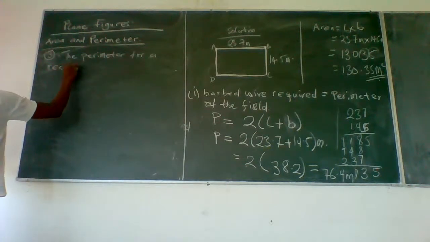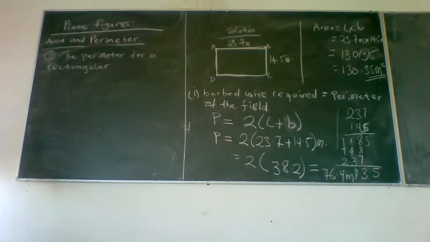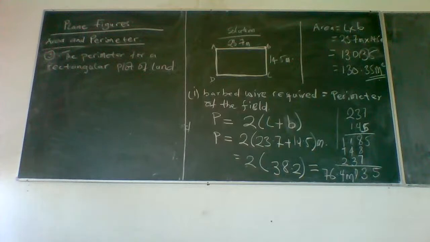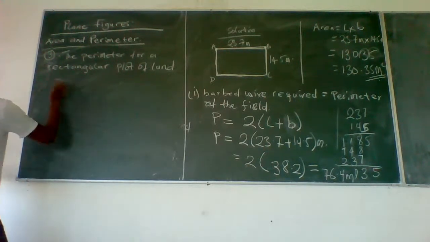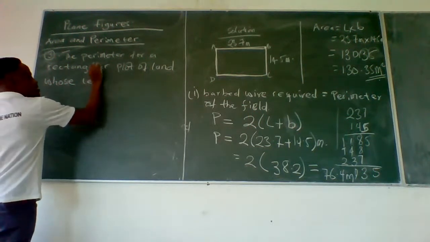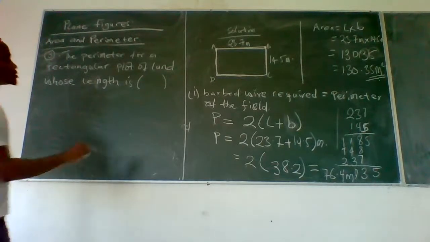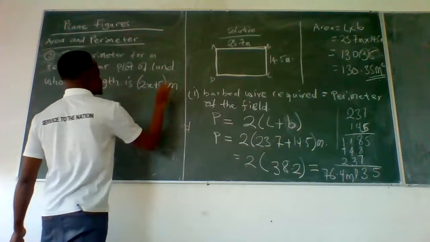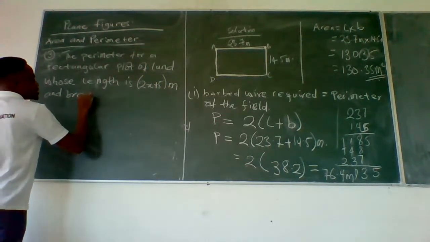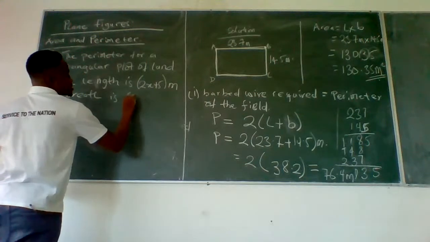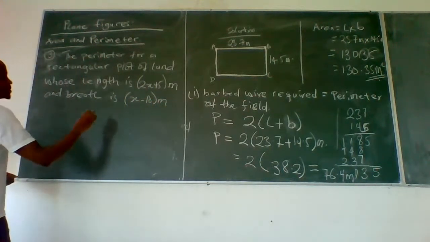So here, rectangular, let's say a plot of land, whose length is 2x plus 5 meters, and then breadth or width is x minus 10 meters. So the perimeter is